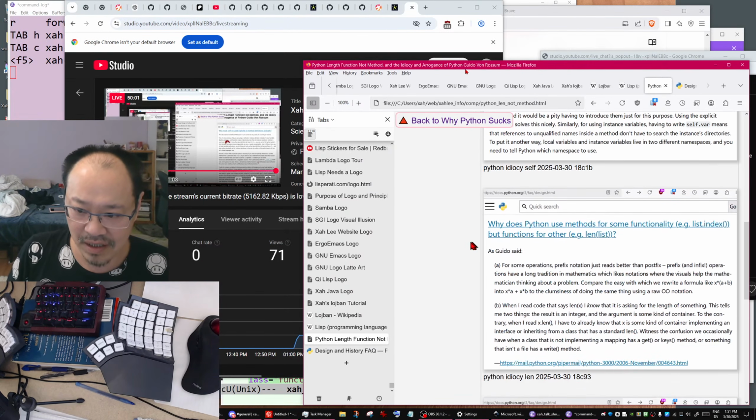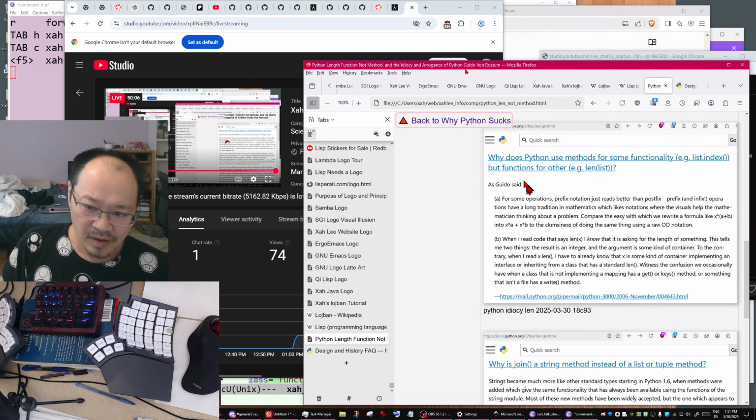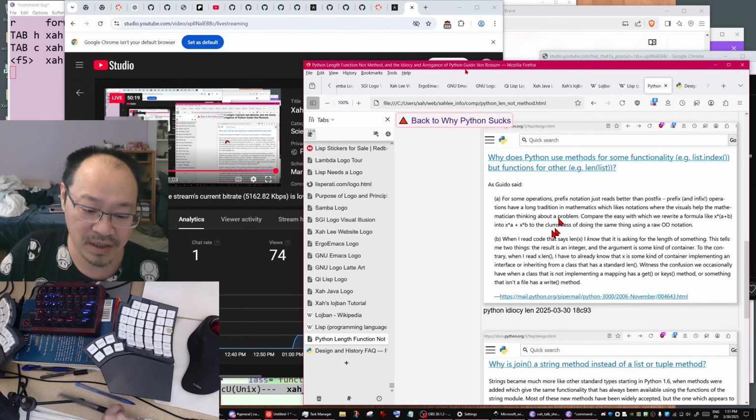For example, let's see this one, okay? Simple one. Why does Python use methods for some functionality, such as list.index, but functions for others, such as length of the list? Right? That's a common question, because in Python,